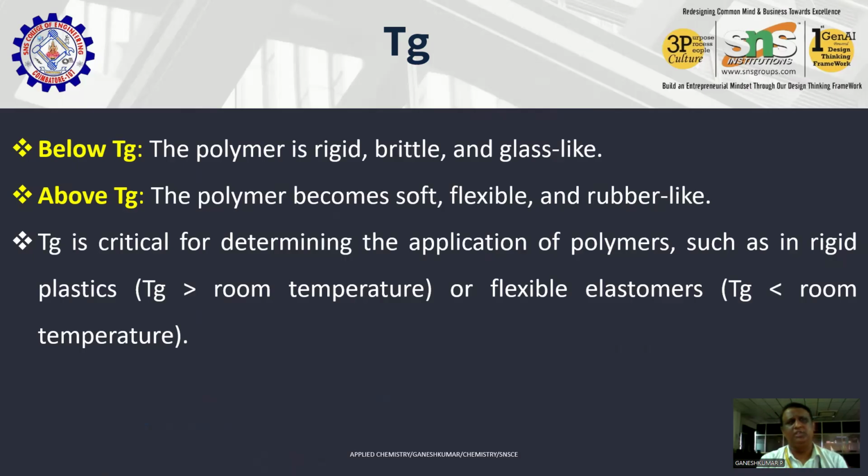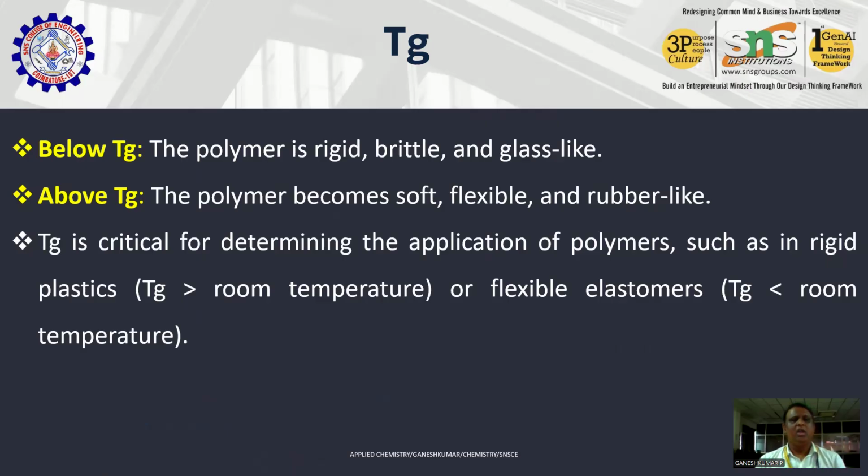Suppose you want to use a particular polymer in an industry where the machine produces heat of around 200 or 250 degrees Celsius. How can we select the polymeric material? Instead of metal, we are using plastic; even nowadays in many bikes and cars, metals are replaced by plastics. How much temperature the material can withstand basically depends on